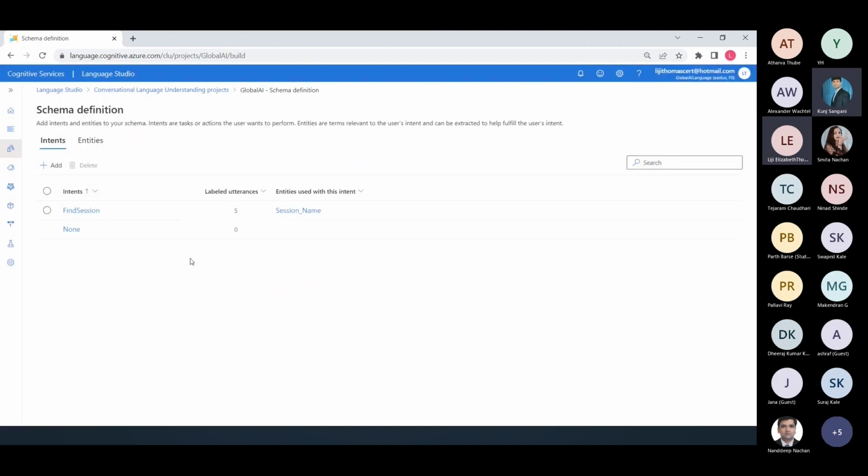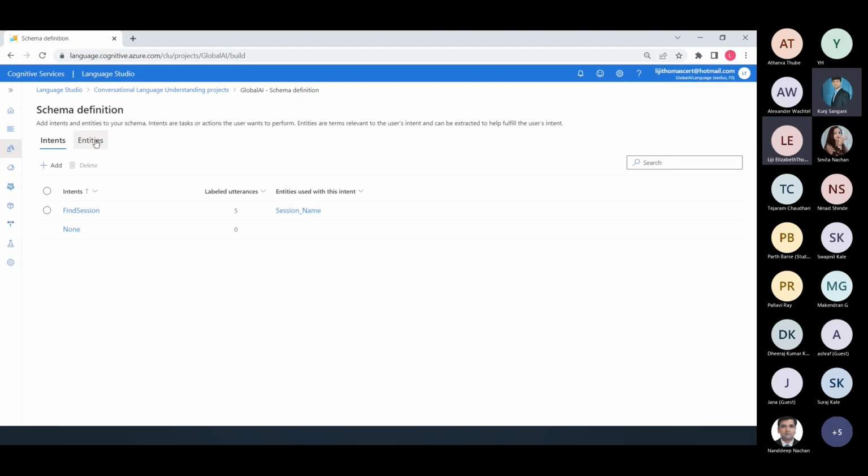You can add any number of intents depending on your particular use case. So one intention that a person might have is to find a session. Another intention might be, when is the schedule, the agenda, the speaker information. You can imagine the kind of questions that an attendee would be interested in when coming to a session. So you can create intentions for each of that.